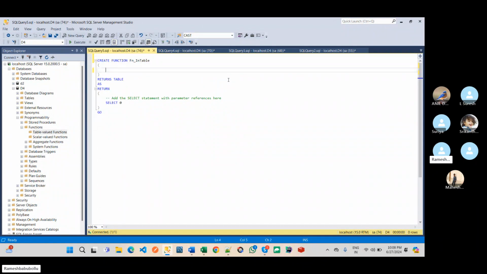First we will check without parameters. Here RETURNS TABLE and RETURN